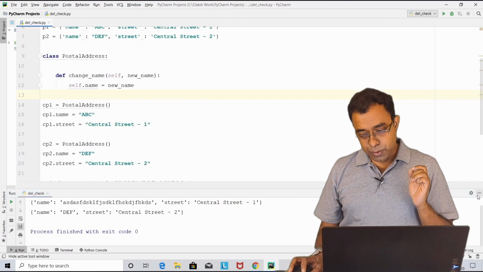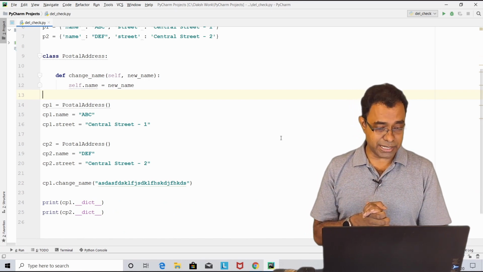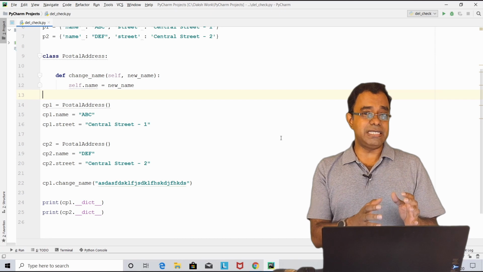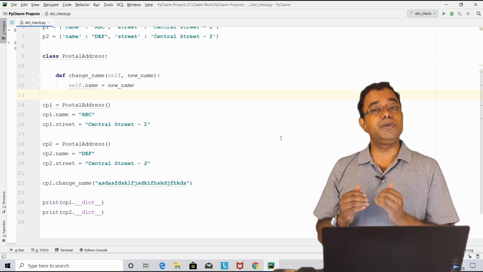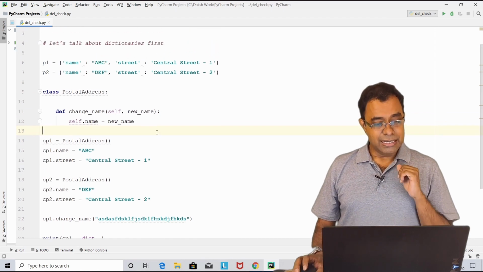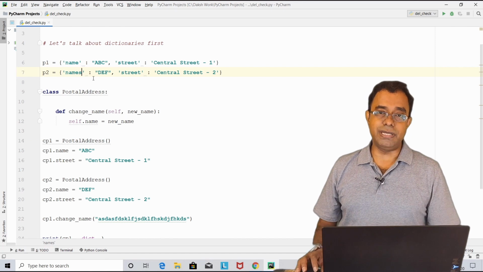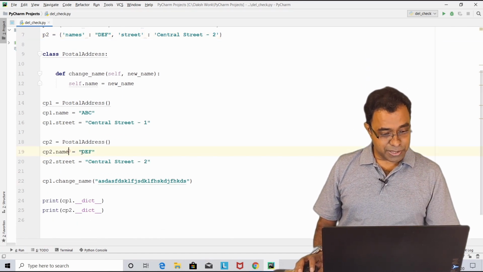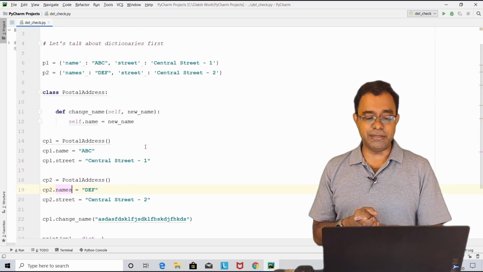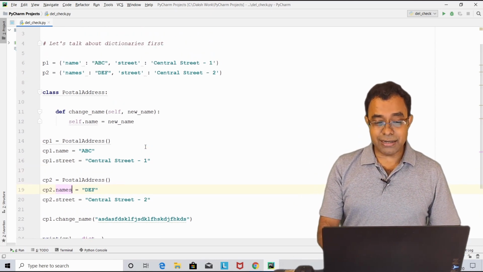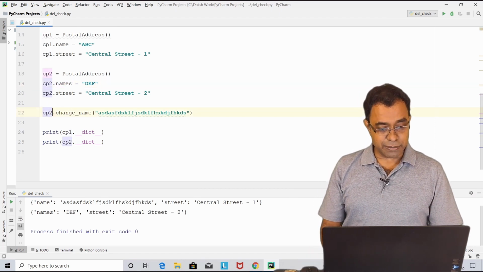Now, I have shown you two ways of creating the characteristic and a behavior of an object, but both these ways are not correct. Yes, you have heard it right. You should not do it in this way, because you know what? Just imagine what will happen if I change name to names over here, and also in CP2 name to names over here. Okay, I can easily make some spelling mistake, right? So if I go ahead and run this code right now, nothing will happen. But if I call change name on CP2,